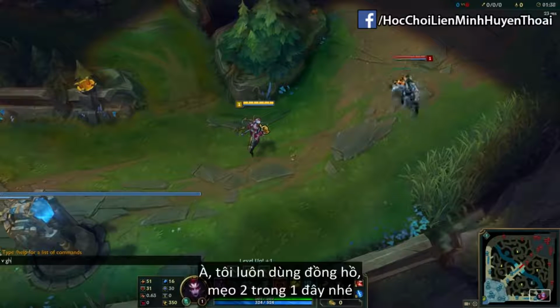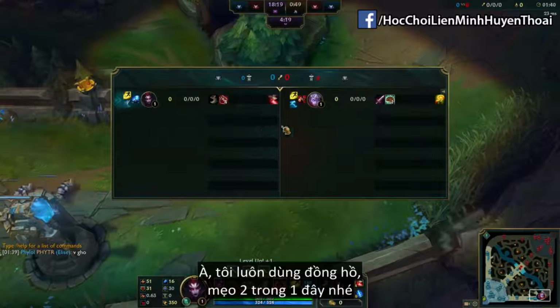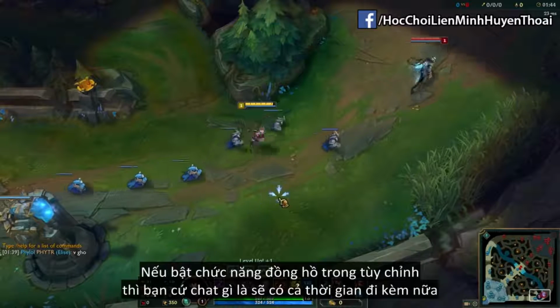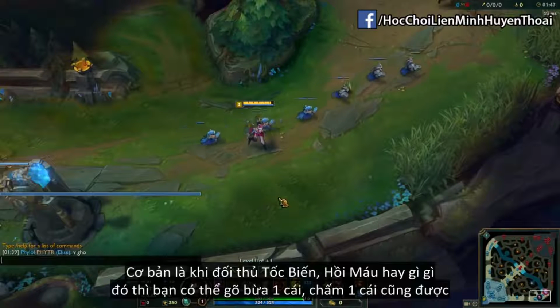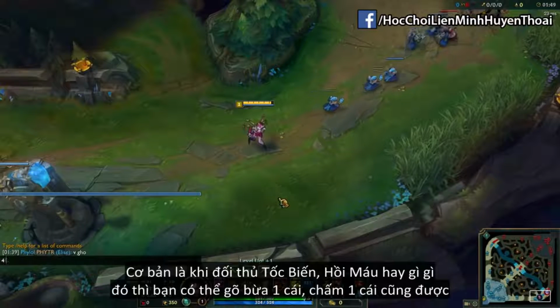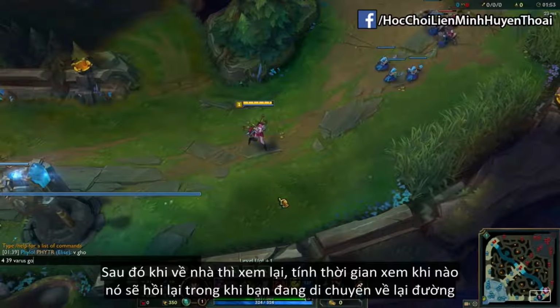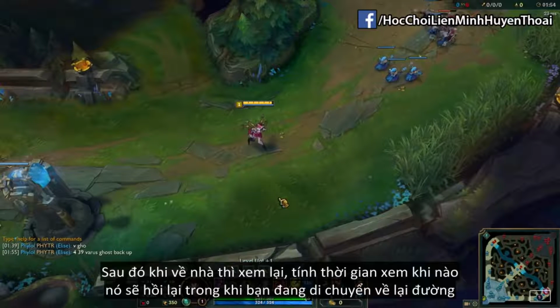Now I always use timestamps for this stuff, honestly, so I guess it's kind of 2 tips in one. If you turn on timestamps in the settings, everything you type will have the game time next to it. Basically, when they flash or they heal or whatever, you can type anything in chat, just like a dot if you wanted to. Then next time you base, you look back, see what the time was, press tab, check the cooldown, and write down when it's back up while you're just running back to